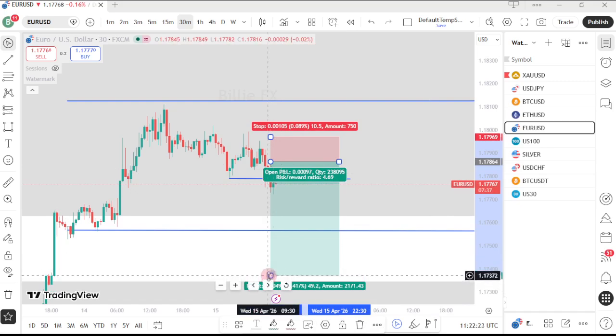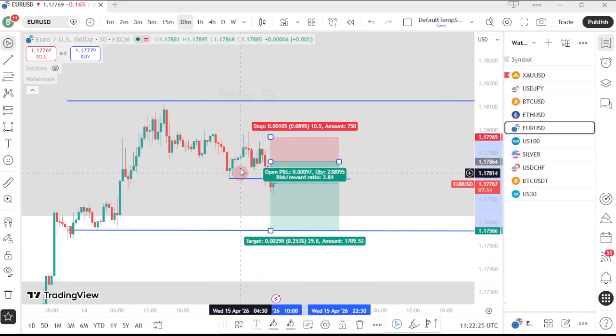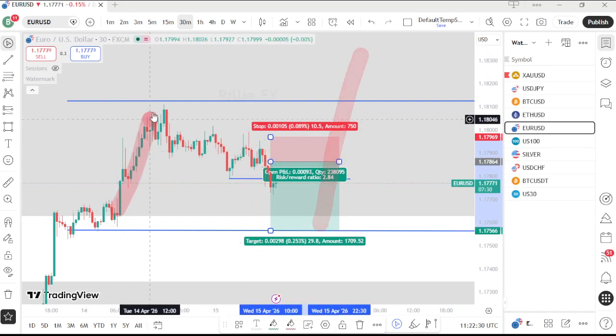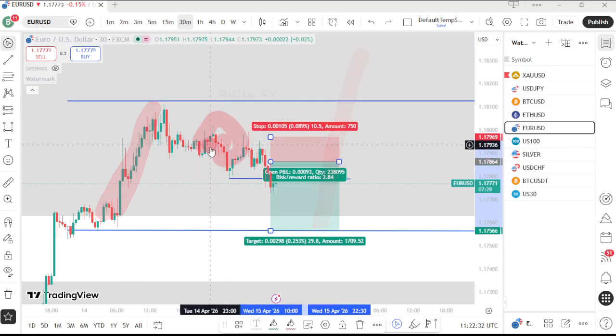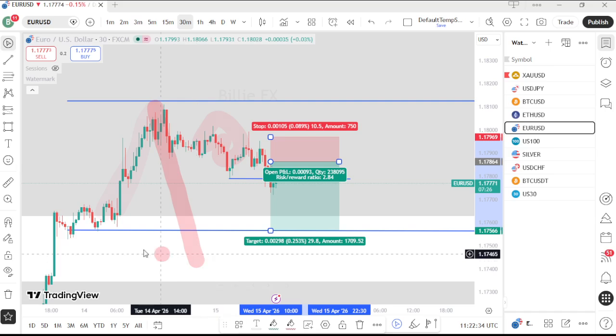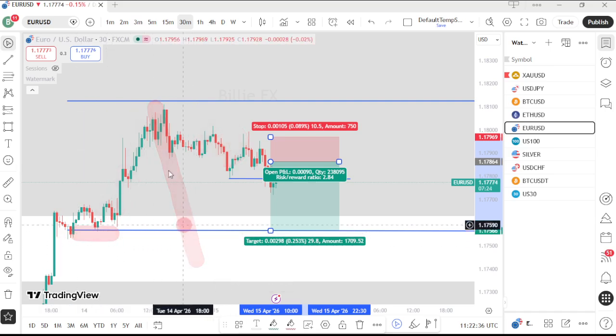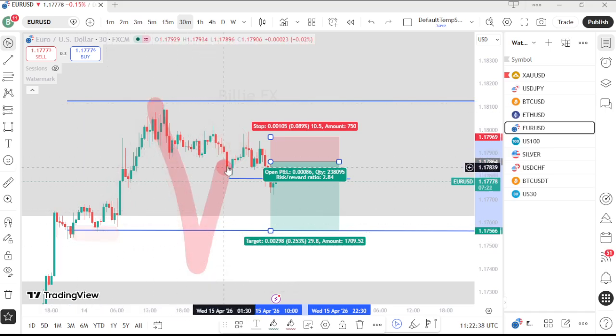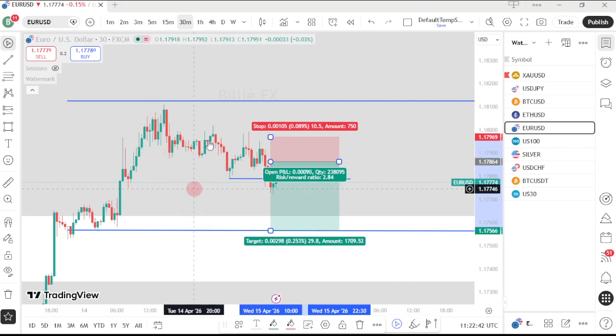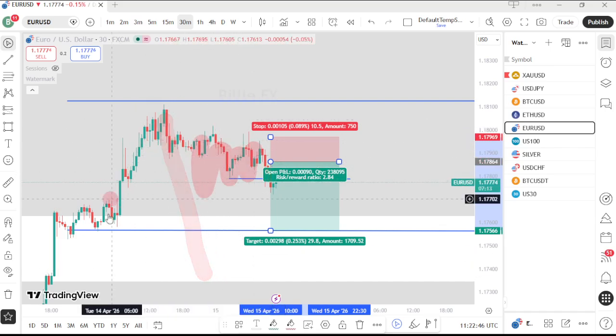But make sure that you target this area first because, like I said, the market can just come to this area and retrace up, because this is the overall daily range that you are trading within. If we had broken below the daily range like this with an engulfing pattern, we would just be looking for a retracement for the market to go down to the 4-hour demand that is sitting right here. But because we didn't create an engulfing pattern and we are trading inside the daily bullish candle,